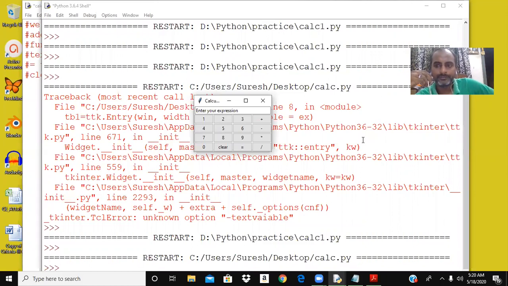Good morning, students. In this class, let us try to create a calculator. You can see on the screen there is a calculator. Okay. Let us observe this once. In the calculator, you can see that there is a text box here asking to enter your expression, and there were